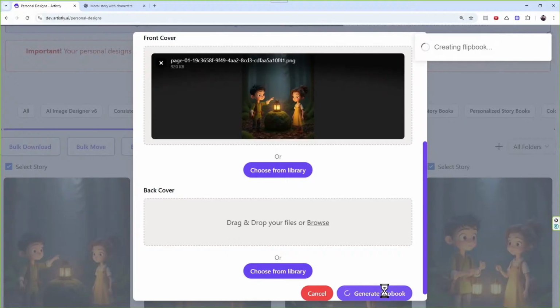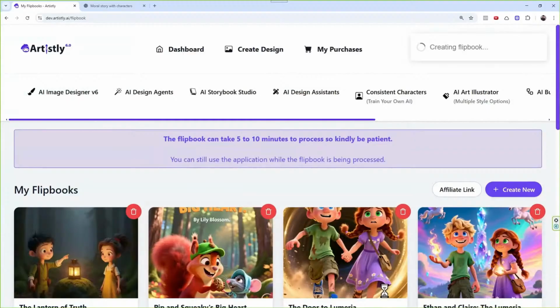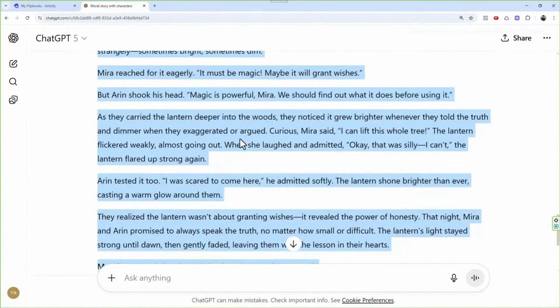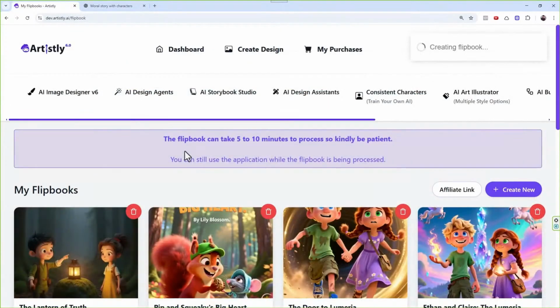Easy peasy. If you wanted to bring two characters to life with your own story, perfectly synced with your own script, you can do this. Now I can ask it for more script if you want more pages. I can ask it, hey, I want this character, that character, but you get the final idea.